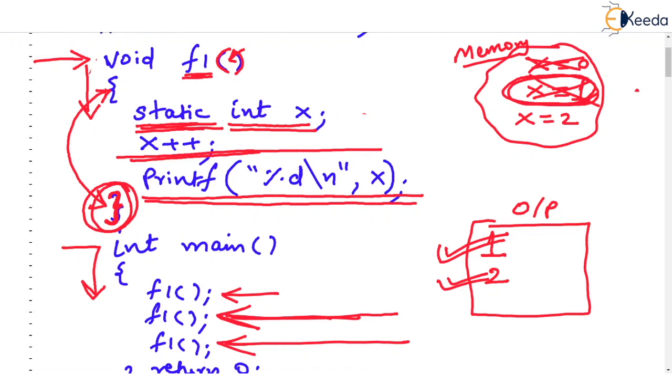Now in main, we are again calling the same function f1 for the third time. So let's re-enter the function for the third time. Now, this line, static int x, will be ignored because C will say that I had already declared x during the first execution and then I have not deleted x. So it won't commit a mistake of declaring an x again. The second line x++ is going to use the previous value of x and increase it to 3. And the third line is going to print 3.